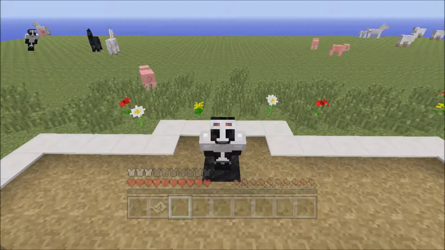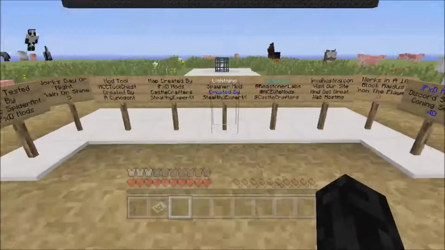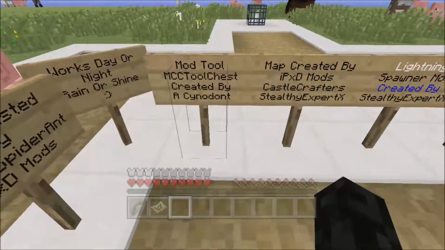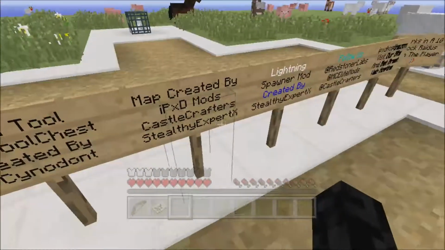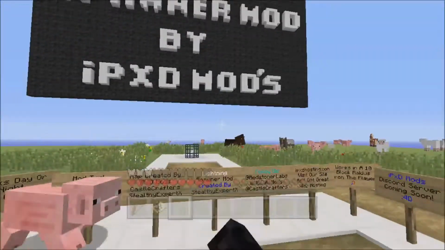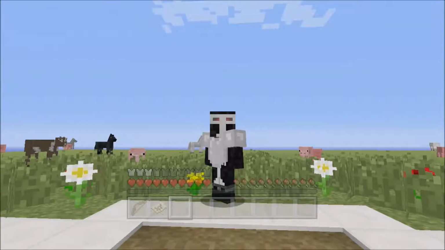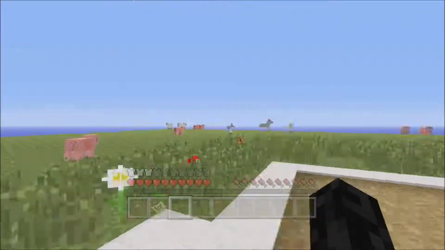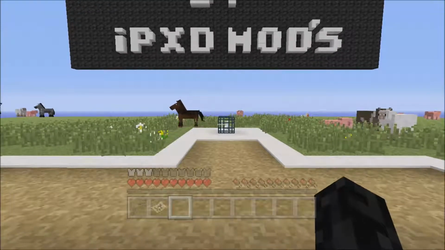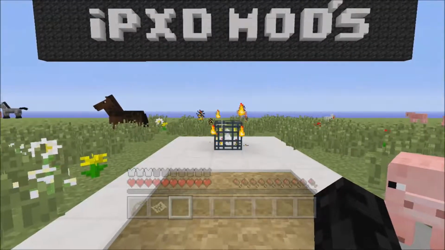So that mod is going to be the Lightning Spawner mod by IPXD Mods, and there's a lot of signs here apparently. Yeah, whatever. It works all the time. It's lightning, and it was created by Stealthy Expert X, and of course he always makes all these mods. This guy is incredible. Go look at his Twitter page if you would like to download any of these, if you are able to download any of these. So we're going to go ahead and take a look at this mod. I don't know why I'm stumbling over my words so much, but we're going to step forward a little bit, and then